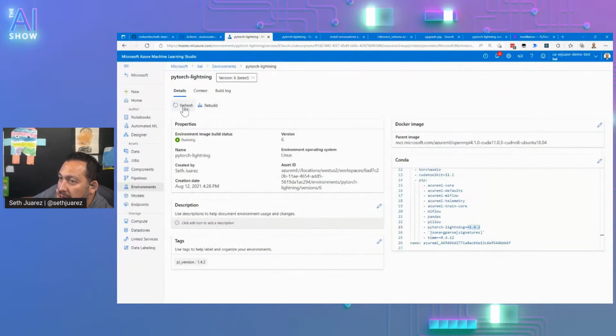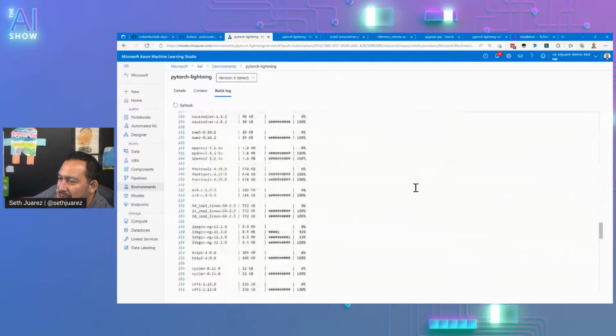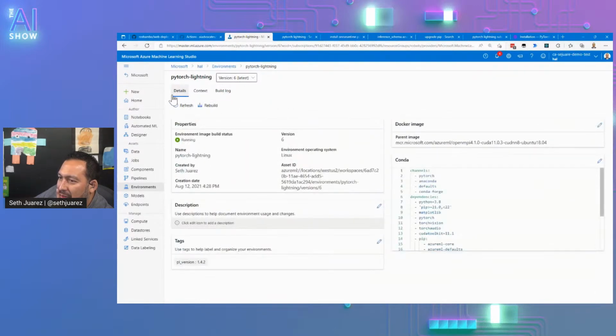Oh, it's running. Oh, no, the environment. Wait, the environment, it's rerunning the build? Oh, no. Why? No, this takes forever.